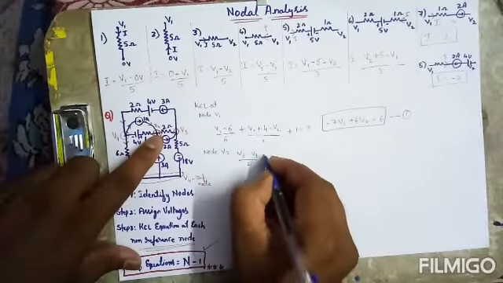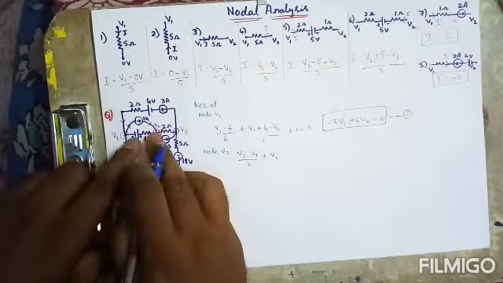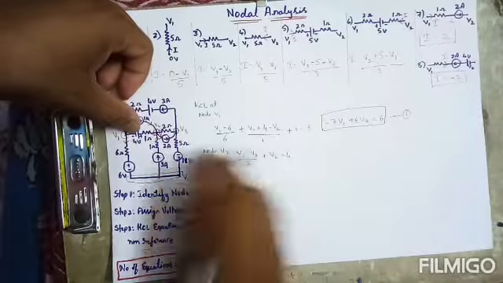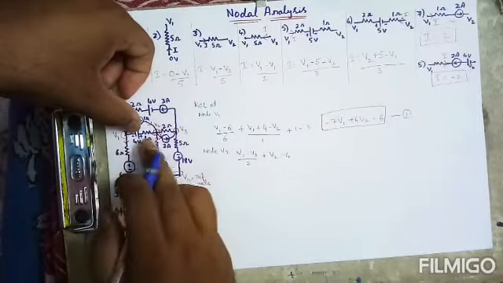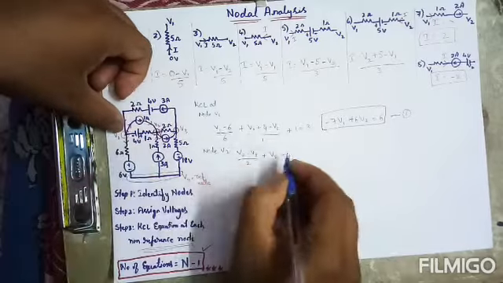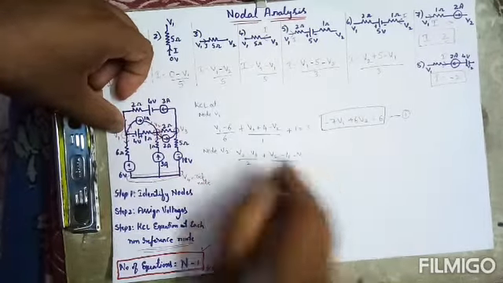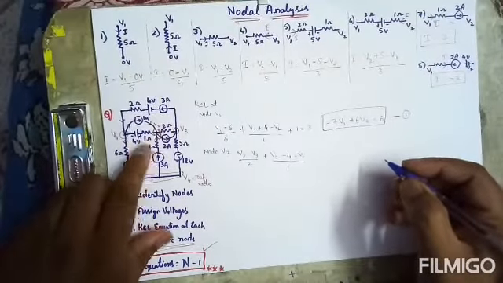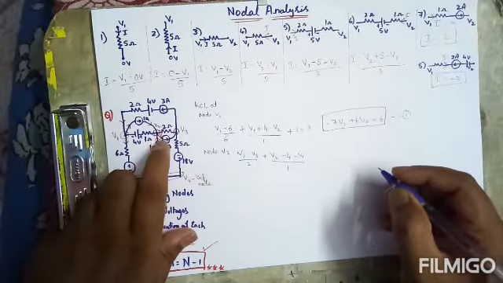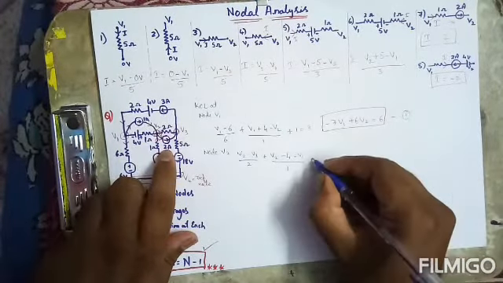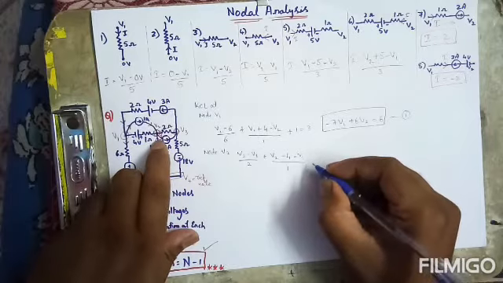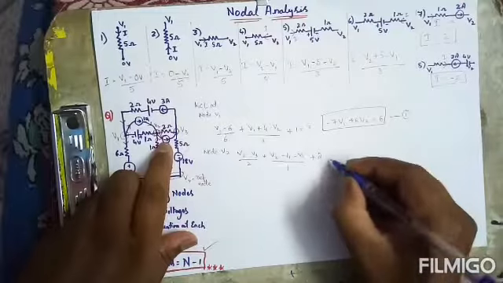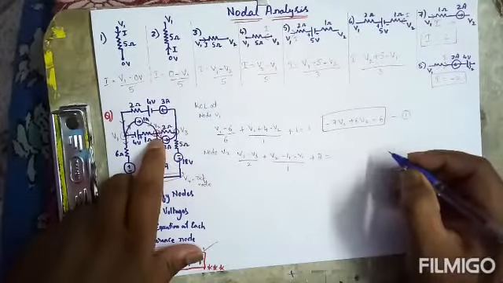So V2, plus this V2, and it is passing through the 4 volt, so that is minus 4 because it is going through the minus sign. Okay, V2 minus 4 minus V1, whole divided by the resistance 1 ohm, right? That is about the second branch. Now the other one is also outgoing, but this is a current source here, so directly you can take the current direction. Now both directions are the same, so I can take it as plus 2. Okay, this is equal to, outgoing current should be equal to incoming.